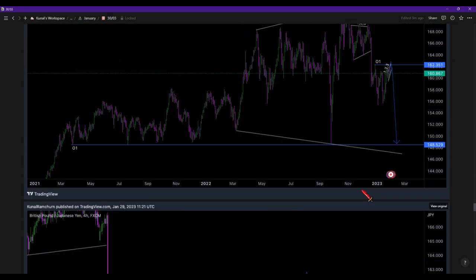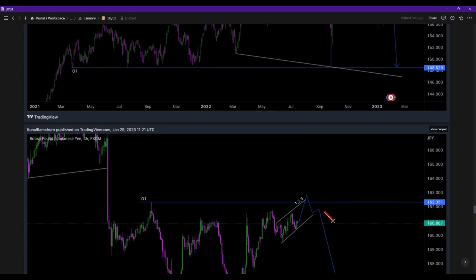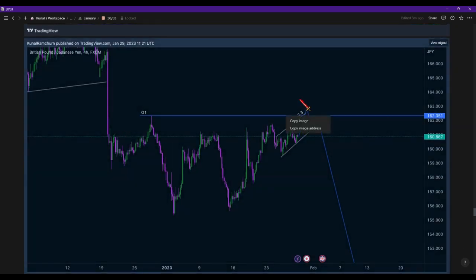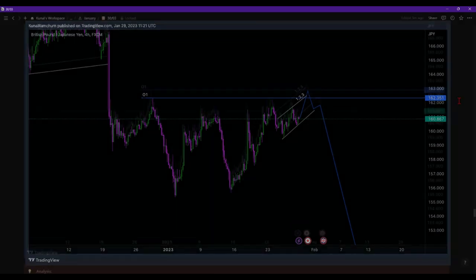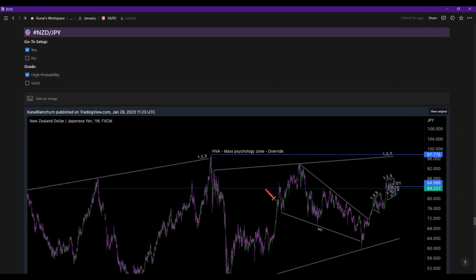GBP yen, I really like this structure. So we see on the higher time frame that we have the 1, 2, we have the larger correction push down, and now we're having another larger correction. To the end of the structure of this larger correction, we're having a structured approach, which I'm looking for. So if we can get that 1, 2, 3, that would be very nice. It may develop further and become a little bit more messier, but I'll be looking at the approach to that 01 section,